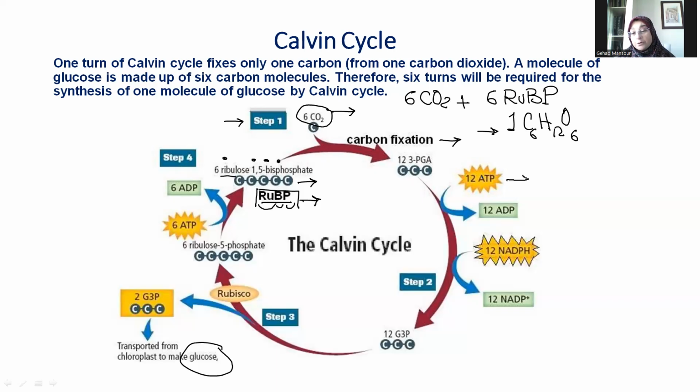12 of them are consumed in this step, and 6 are consumed in the last step that will regenerate ribulose biphosphate, meaning that in this reaction, we are consuming 18 molecules of ATP and converting them into 18 molecules of ADP. When we say consuming, we mean that we are hydrolyzing ATP and breaking it down to give rise to